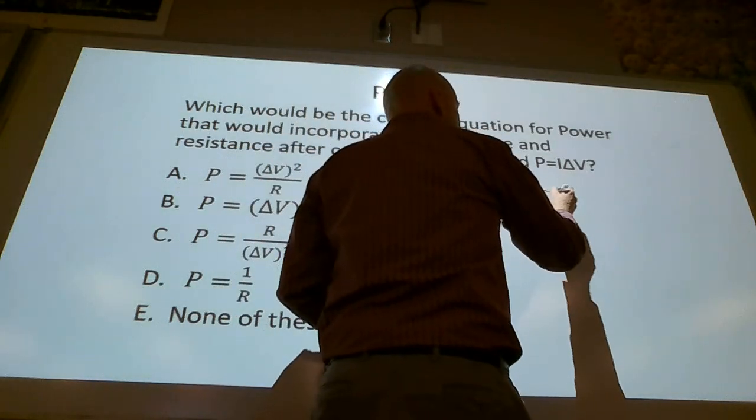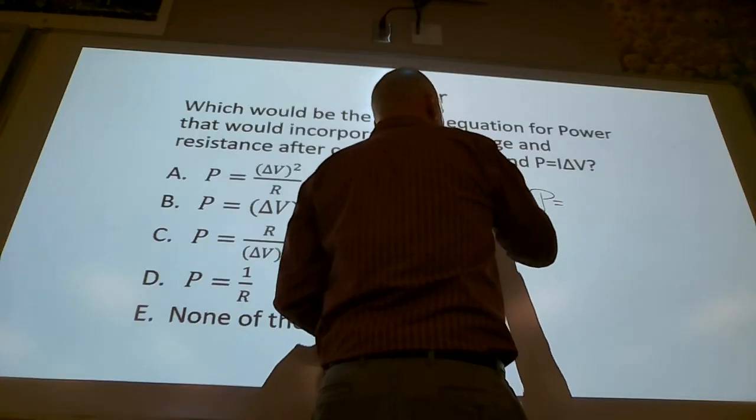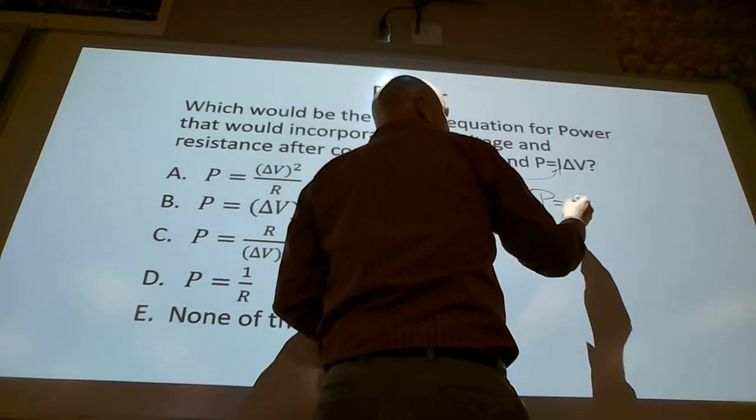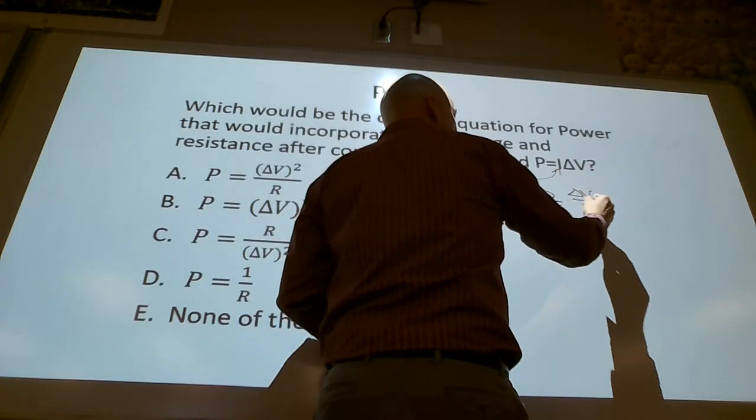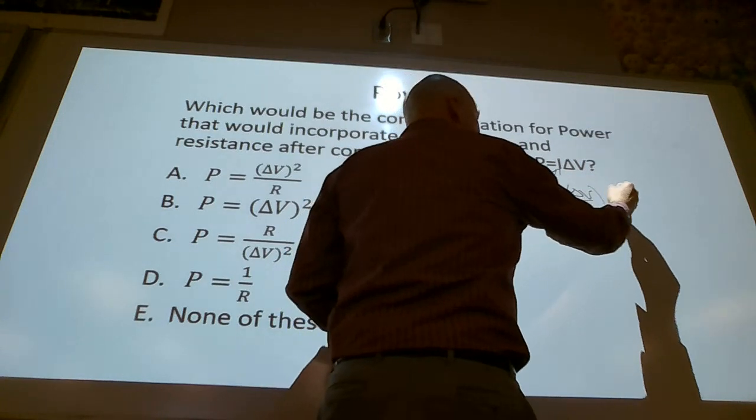Okay. So we're going to put that in for current. We have voltage over resistance times voltage